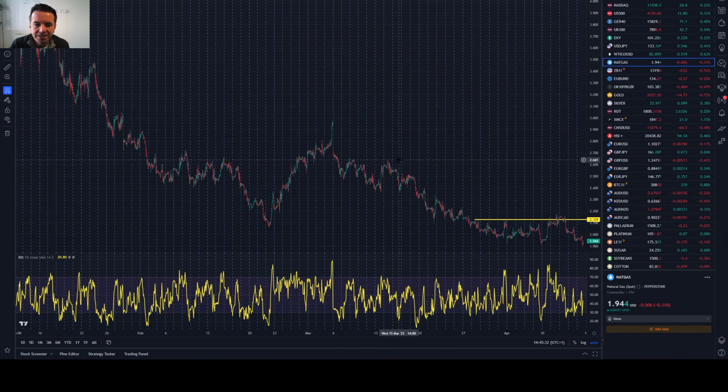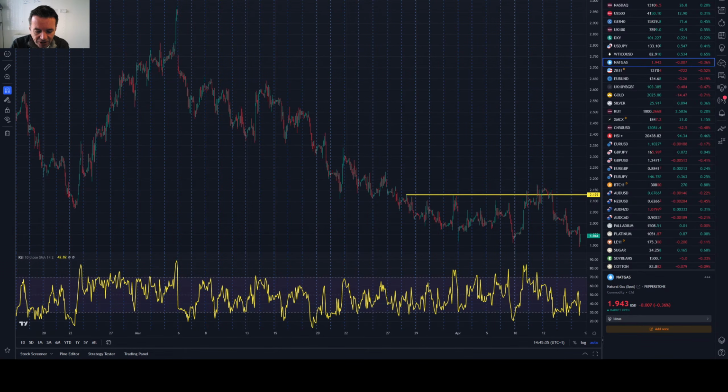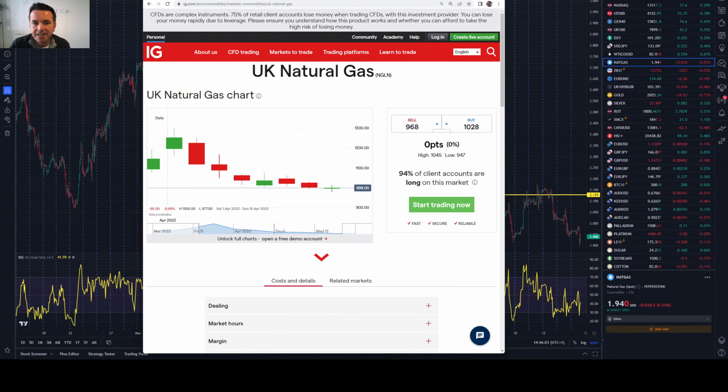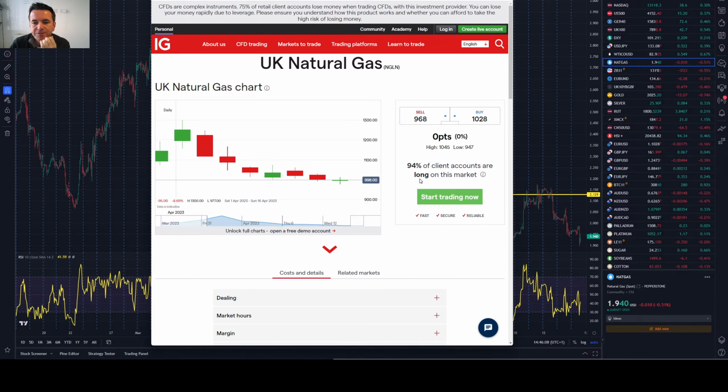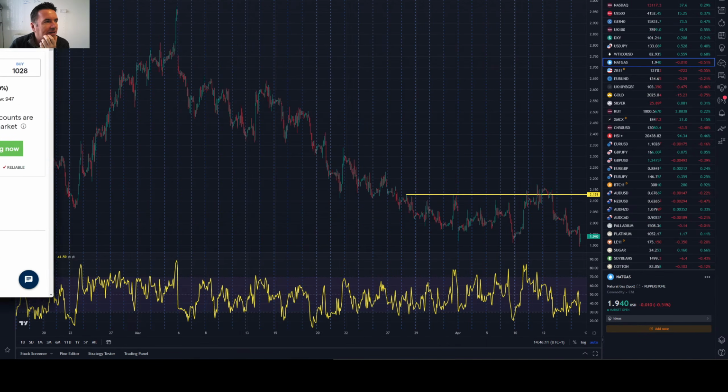You know, that trend, despite all of the, hang on, let me show you the usual thing I show you. Trader sentiment on natural gas. Here we go, let's have a look. Where is it? Oh, bear with me a second, because I've spoken to a few people about this, and I think it absolutely has taken so much money off people. Here's an example from a popular UK broker. So clients who have a trade on this market, 94% of clients are long on this market. Well, that's UK natural gas.